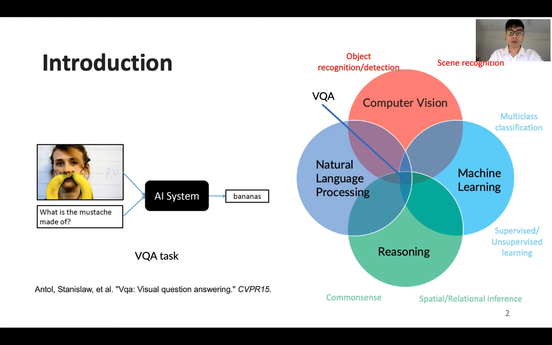For example, given a question about somebody riding a horse, the question is who is riding the horse, and the answer has to be either a person, a man or a girl, but cannot be something like a newborn baby or an animal. Last but not least, in practice, the VQA task is usually treated as a classification task, and therefore we need machine learning techniques as well to solve the problem.